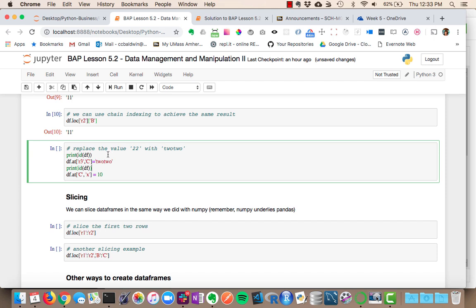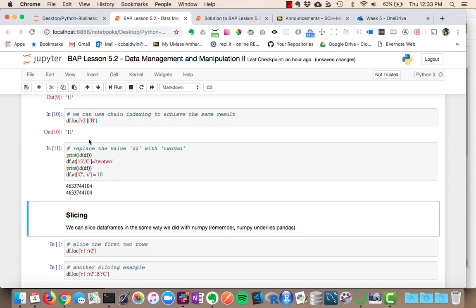Also, another useful tool is being able to change a single item in a data frame, and where this can be applied is often if we needed to change, say, empty cells, which are sometimes represented with NA or NaN. If we wanted to do some mathematical operations, we often would have to have those be zeros, or maybe we want them represented in another way. So we can actually change a